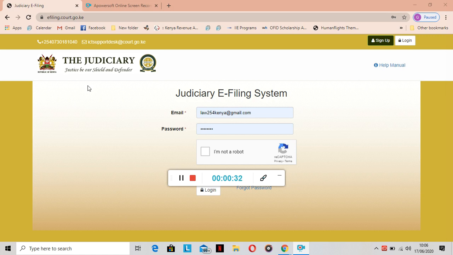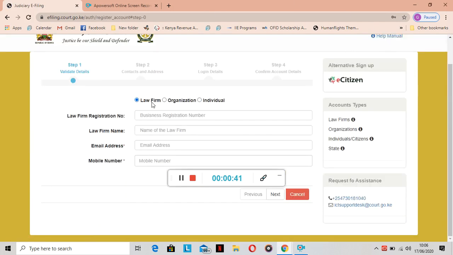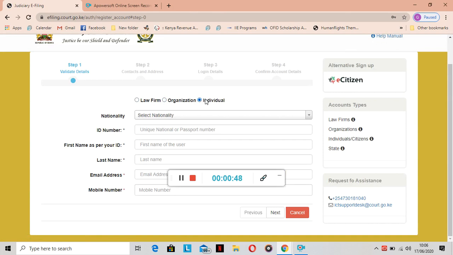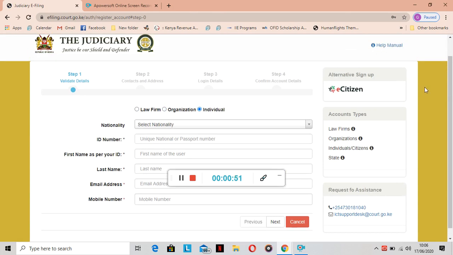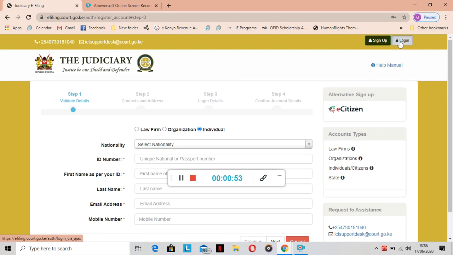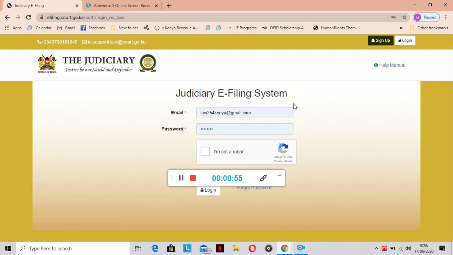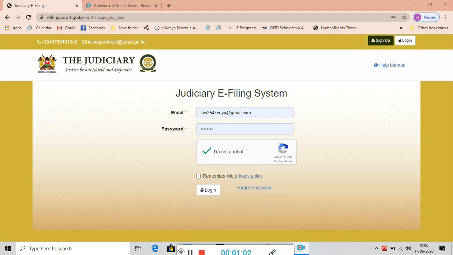We'll be able to create a dummy case and see how that goes. All right. So you'll sign up here. Sign up as a law firm here. If you're an organization, you sign up as an organization. If you're an individual, you sign up as an individual, and you follow the procedure of sign up. So, but for the purposes of this video, I'd already signed up. So I just want to show you real quick how we can get to